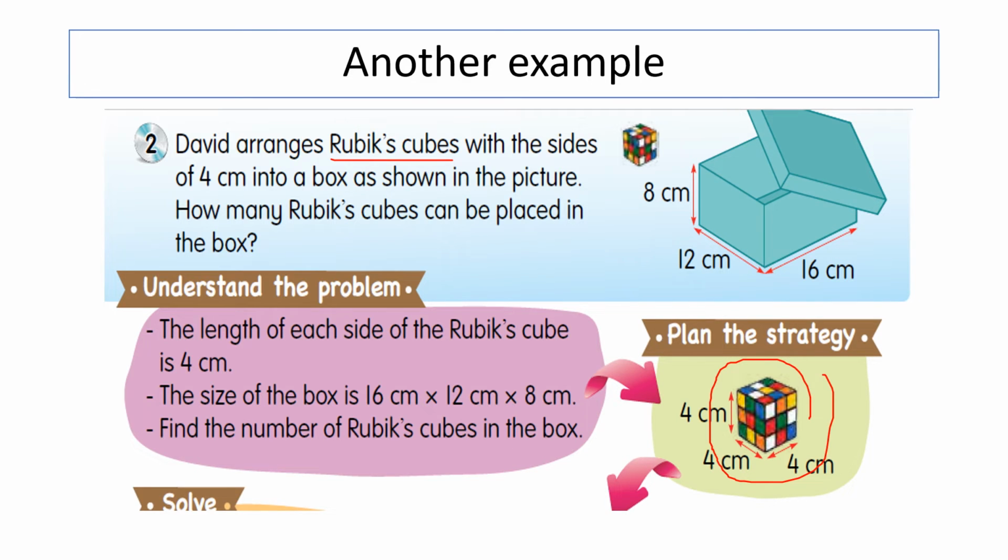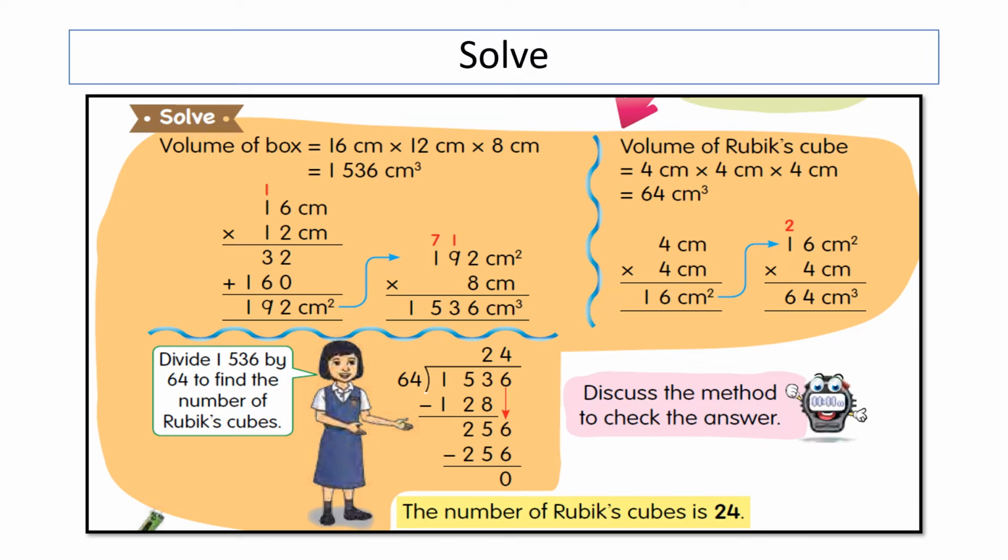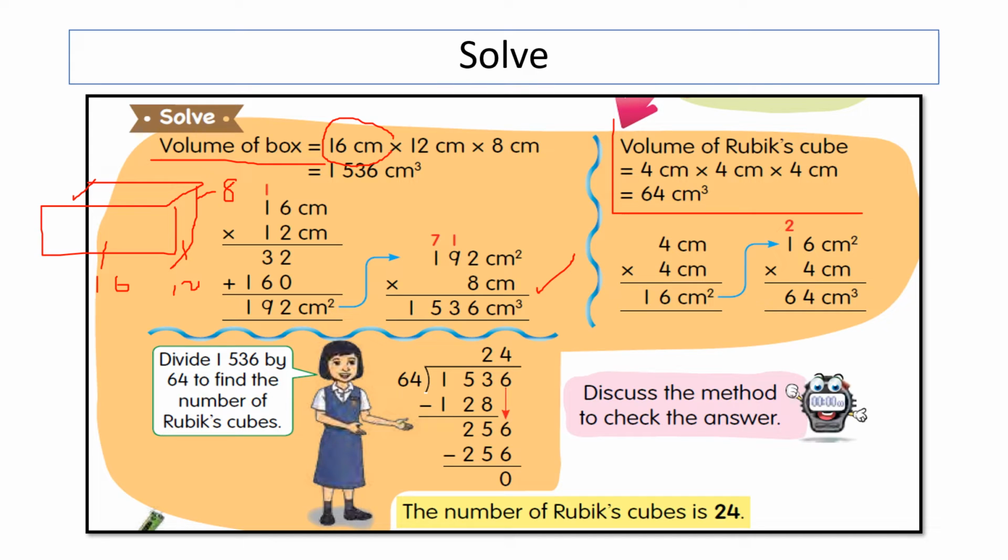So the first thing first, what you have to do is you have to find the volume of the box. Already stated that volume of the box is 16. Kalau box tu bentuk apa? Cuba tengok balik. Box tu bentuk the box is cuboid shape, right? So dia bagi tahu sini 16, dia bagi situ 12, dia bagi situ 8. So you just have to multiply everything. So you get 1536, and then you count the volume of Rubik cube, which is the cube is